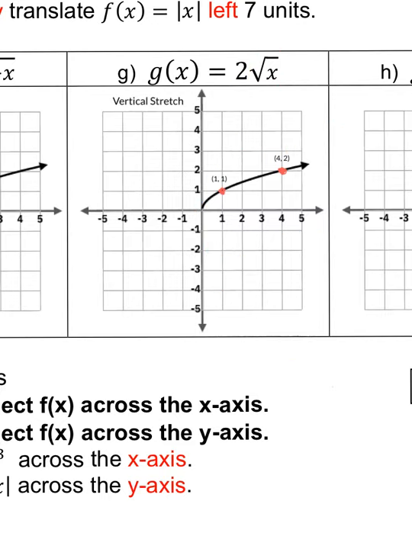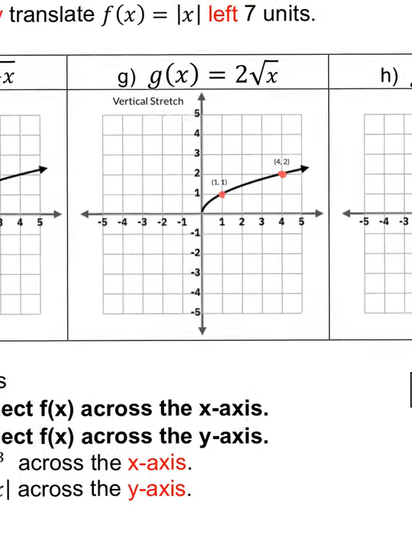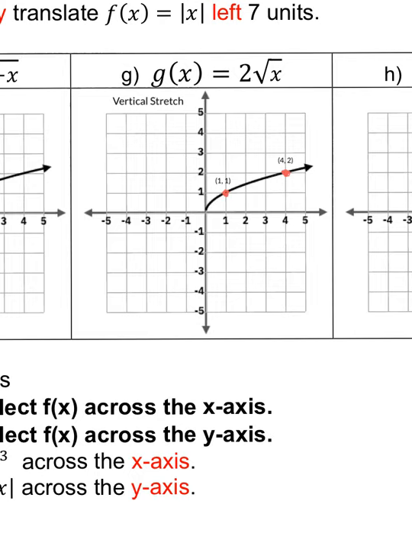So here we are with another example where we're going to transform the parent function, which is the square root function. So here we see the square root of x. So I'm going to put in blue here in parentheses the parent function, which is the square root function. And this time we're taking the entire function and we're multiplying that by 2. We refer to that as the a